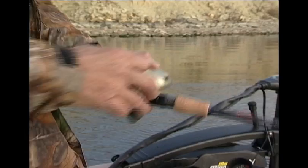I like to pump that bait. I've been really pumping it with the rod. Got him. One of the more important elements of a casting approach is understanding the environmental conditions that tend to